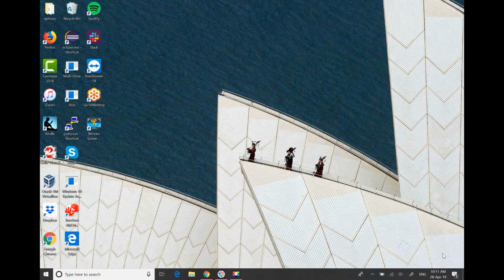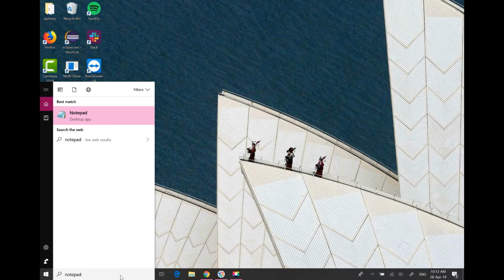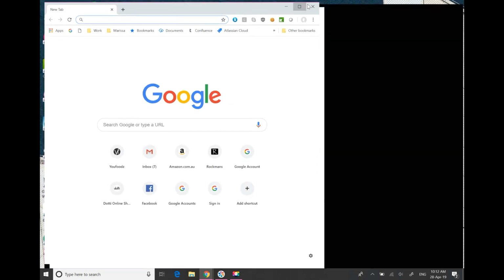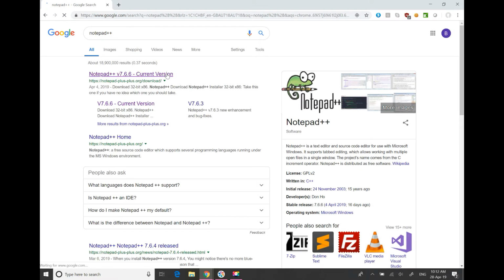Now you can use Notepad for this. However, personally, I prefer Notepad++ because it provides the start and end tags, and you will see this in a moment. Firstly, I'm going to open Notepad++. Now, you can see that Notepad++ isn't actually installed on this PC, so we're going to go and get it. So we go to Chrome, and in Google we type in Notepad++. And it is the first one, so we click on that,